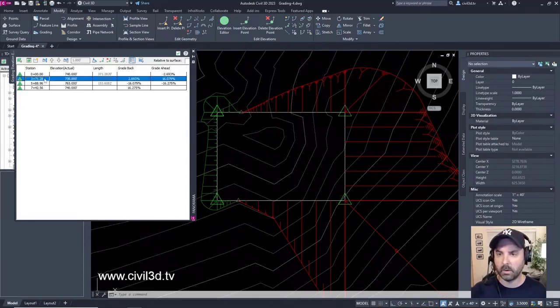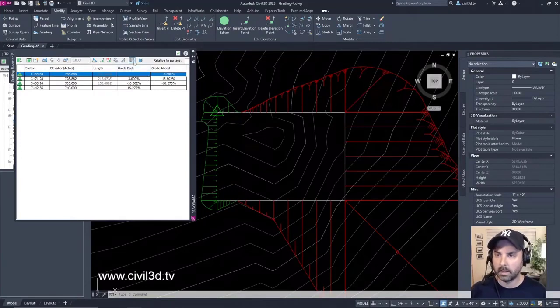And you can see how now we only have 4 corners here. So there's only 4 grade breaks within this feature line of this grading. For the first row, I'm going to change this. Right now it's at negative 2.69%. I'm going to change that to negative 3. And if I click this button again, you can see how that changed essentially all of this information. All of this stuff changed.